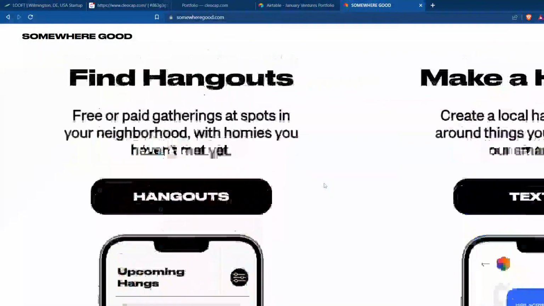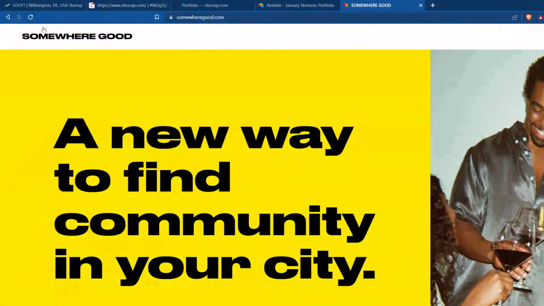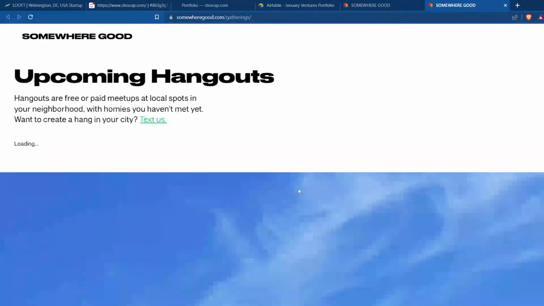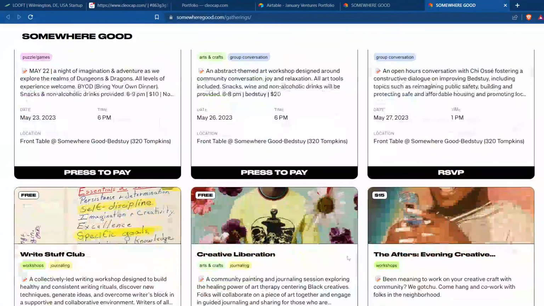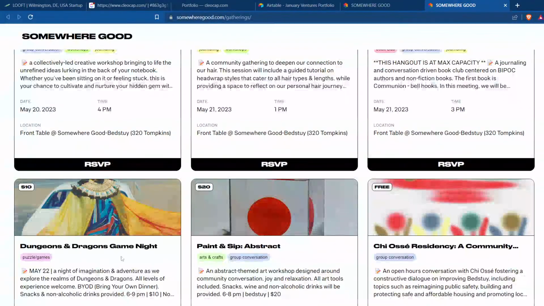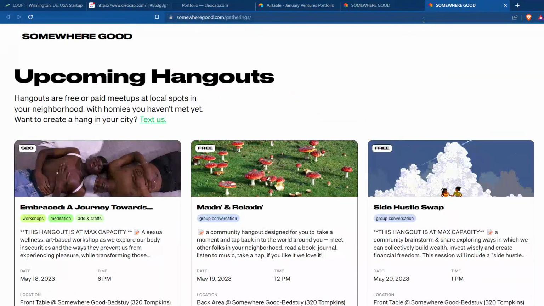Somewhere good, huh? Interesting. I would go with just this as their logo and maybe an S and a G or something, and then do that. I wonder if this Hangout thing is live and in person. Yeah, it seems like it's like meetup.com, but targeted towards a younger, cooler generation. We do have a D&D game night. Not sure what this image has to do with a D&D game night and why you have to pay, but that's very fun. Interesting.